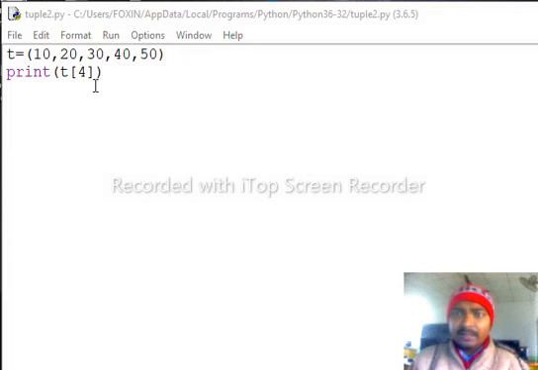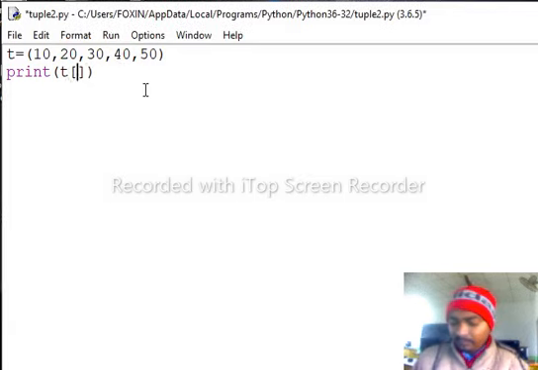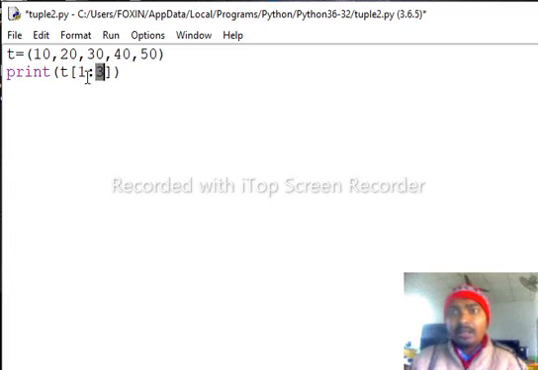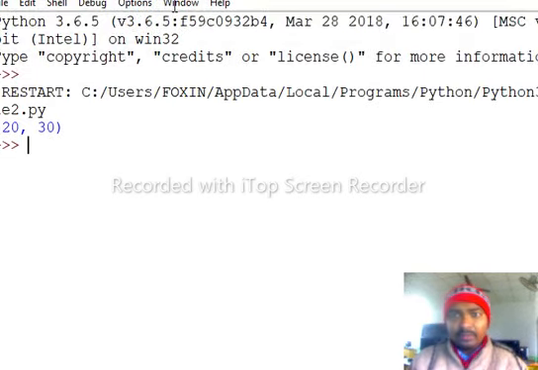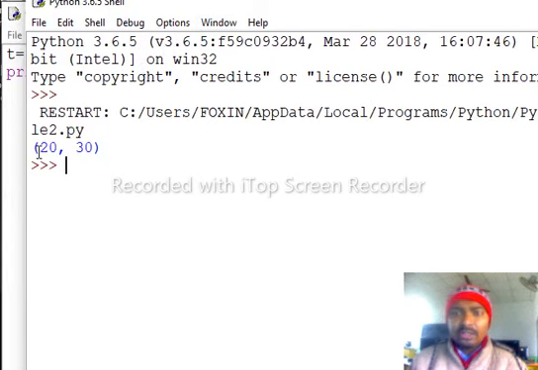It means pass here 1 colon 3. In this case, it prints the elements 20 and 30 only, because this is the starting range and this is the end range of the given tuple t. Okay, save this program and run to check. We can see here the output.